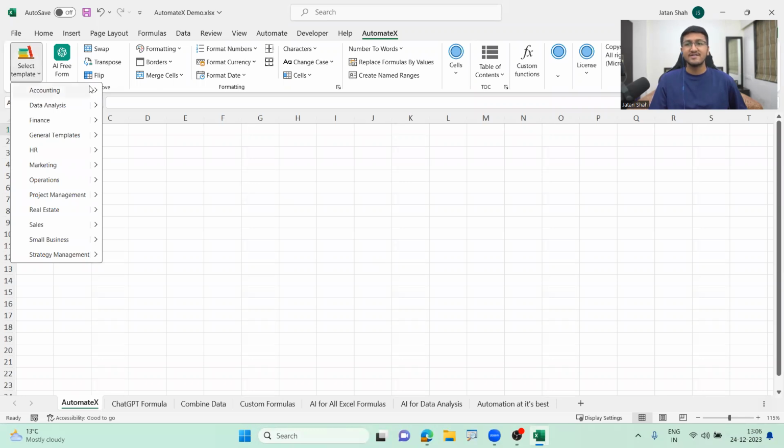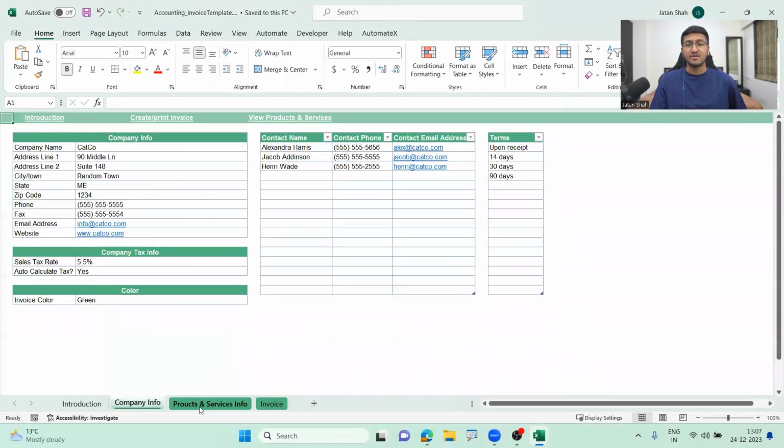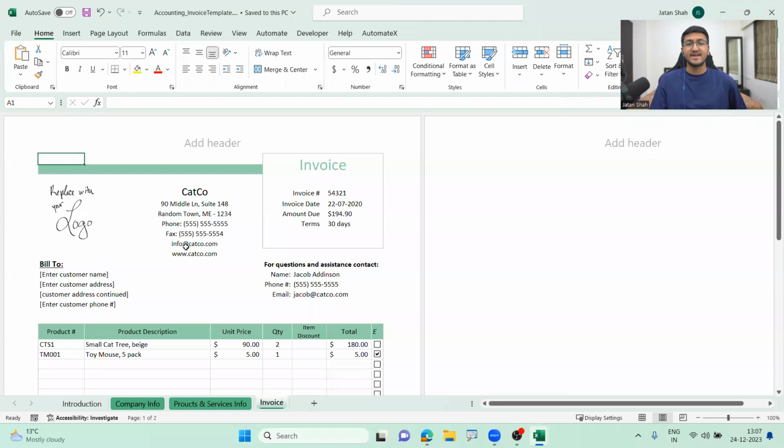All you have to do is go to any department that you are working in and simply select whatever department's report or anything in Excel that you want to create which relates to your work. For example, if I just take the first one, which is accounting, right? Right here, you have accounts payable, receivable, you have expense report, you have invoice template as well. So if I click on invoice template, as you can see right here, I have a complete invoice template ready